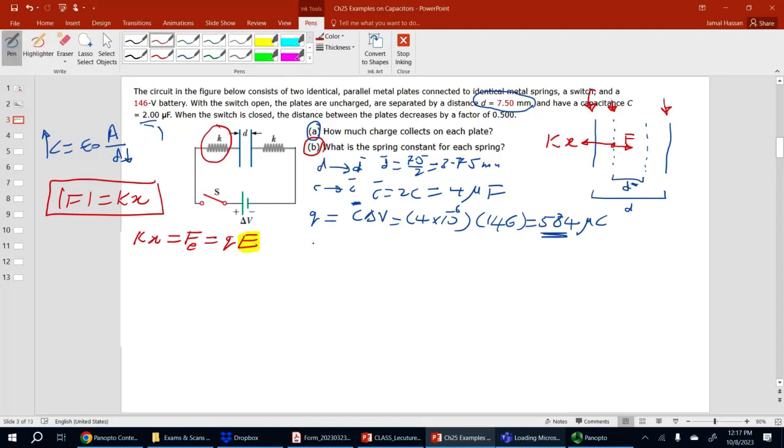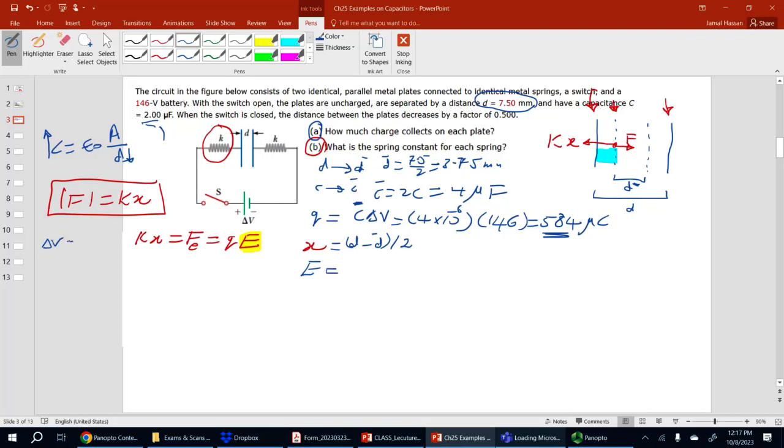Okay, so first of all, what is X? Well, X actually is this distance, right? Is that distance, which equals to D minus D prime divided by 2. So X is equal to D minus D prime divided by 2. Okay, what's E? E, we could relate E to the potential difference between the 2 plates. We know, let's put the equation here. We know delta V as a magnitude is equal to E multiplied by D. But D in our case actually is D prime, right? D prime. So actually E is equal to delta V